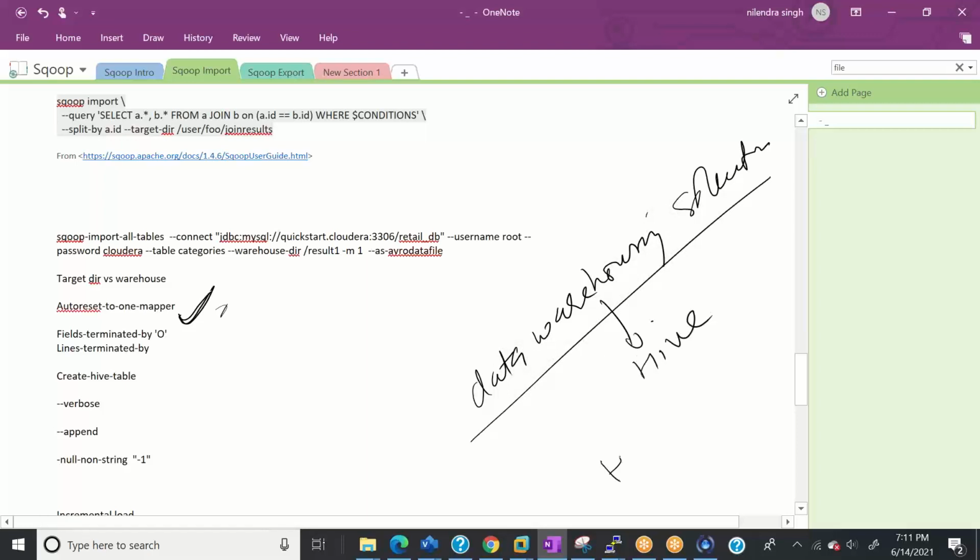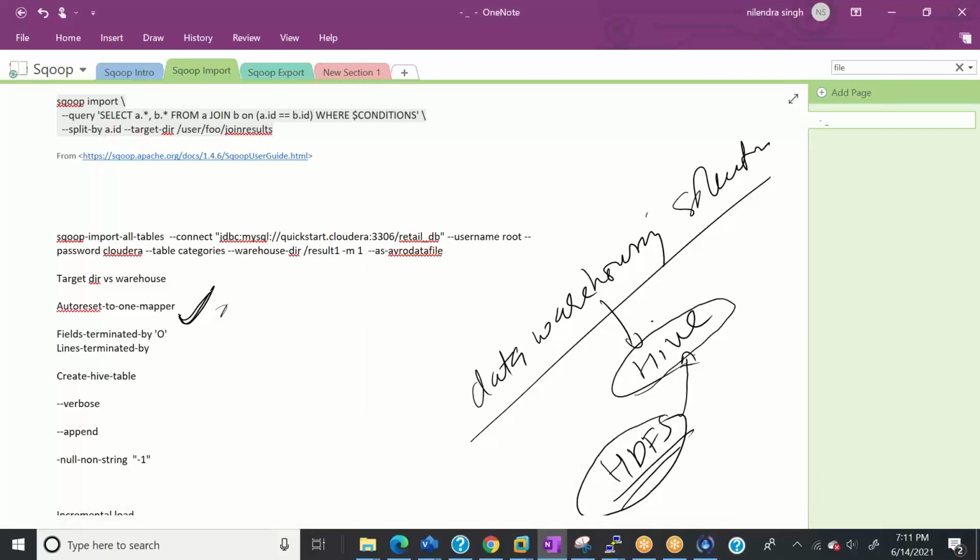So let's say we imported data till now in HDFS, right? We have directories. Now to analyze this data, we will create a Hive table over this HDFS. Now the question arises, why we need to import data to HDFS? Why can't we import data directly to Hive? And Sqoop developers listened to us and they said, okay, if you want to analyze the data, you can directly import data to Hive, right? And that's called Hive import.